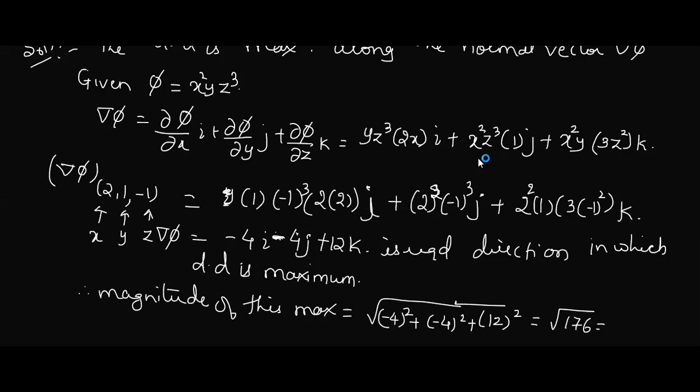176. Can you simplify it? Can any quantity be taken out? No, don't find it in terms of decimal. If any quantity can be taken out, just think about it. I think this can be written as 11 into 16. So this becomes actually 4 root 11. Check whether both are one and the same. Not to worry, they will not cut marks, but this is a standard problem. Better you just verify the answer.